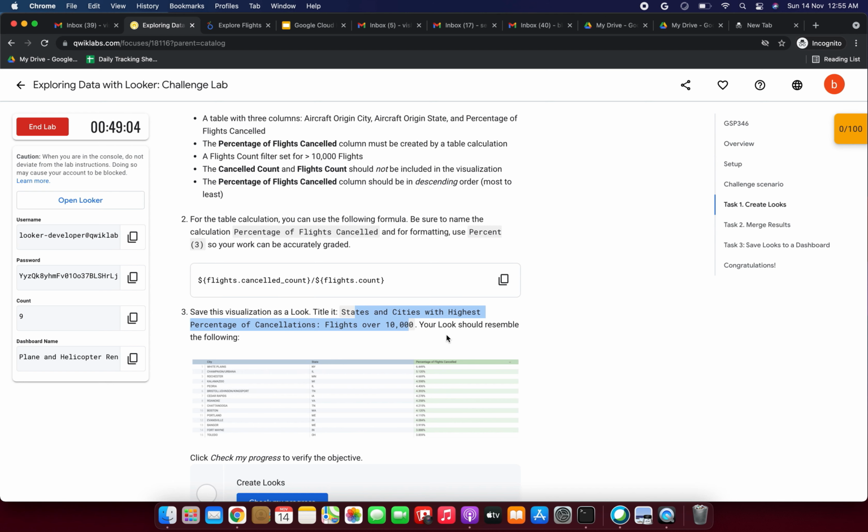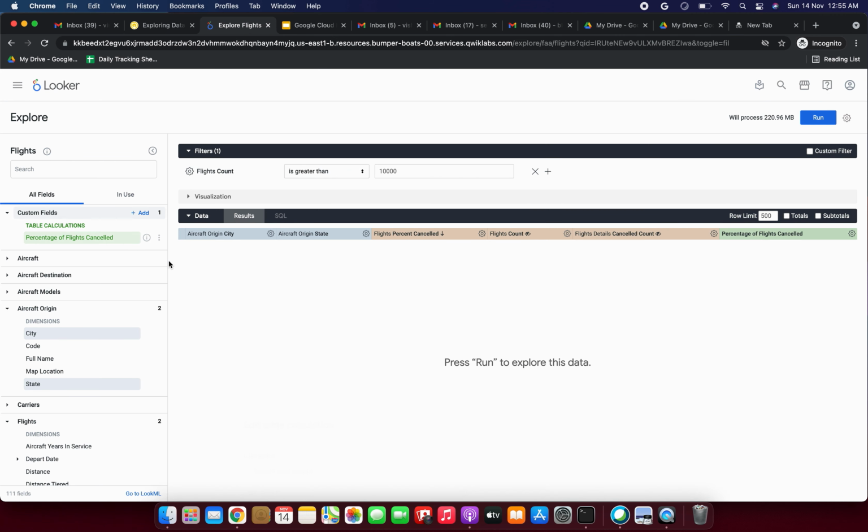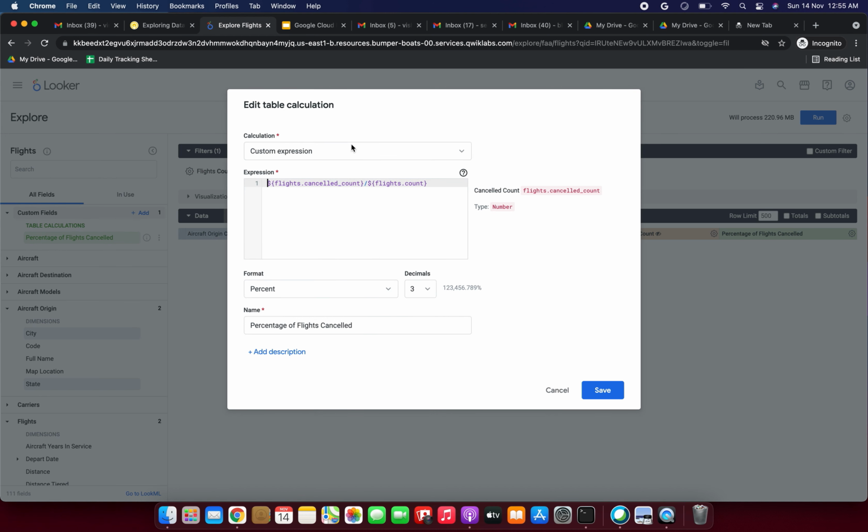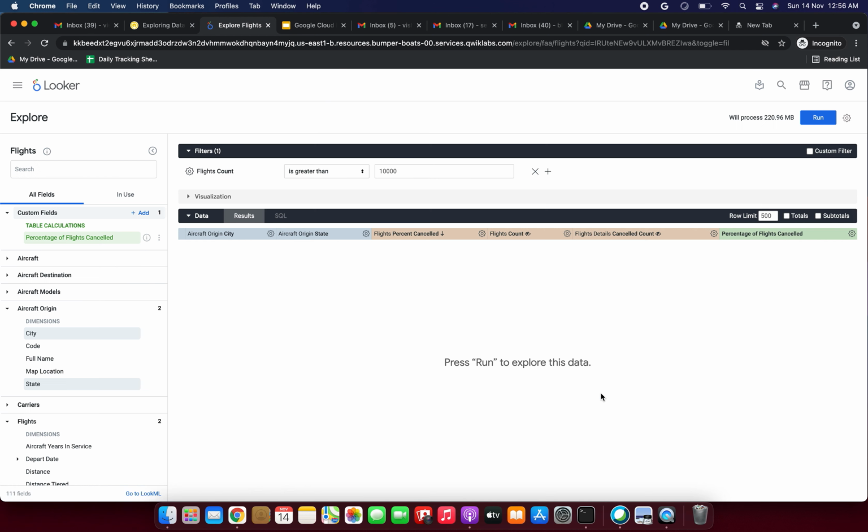We need to give this a title name. We are going to do this step only. Before that we need to run it, right? Click run. Just I'm going to click edit. I'm just checking it only, friends. No worries, no need to check it from your end also. Okay, so now I'm going to click run.